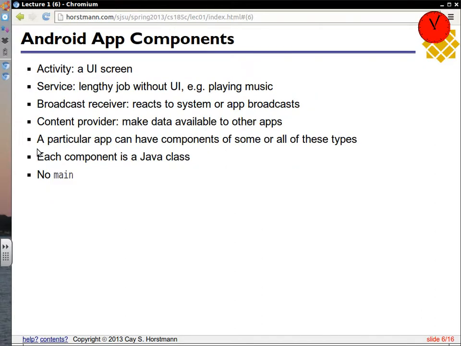So a few Android buzzwords so that we can get programming and know what some of these things are. You're going to see activities, and so we'll have something called a main activity. That's just jargon for a user interface screen. So you should think of an Android application as being made up of activities. Each activity consists of one screen. Then you sometimes might transition from one screen to another.